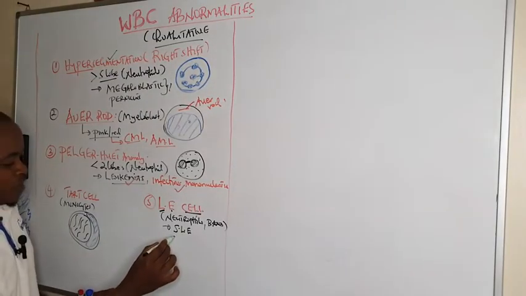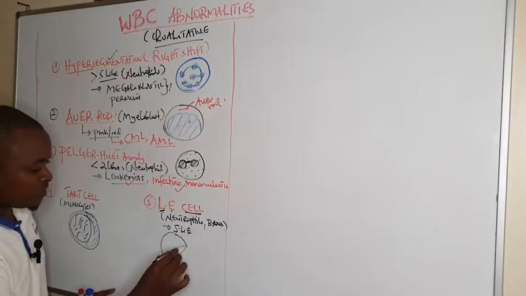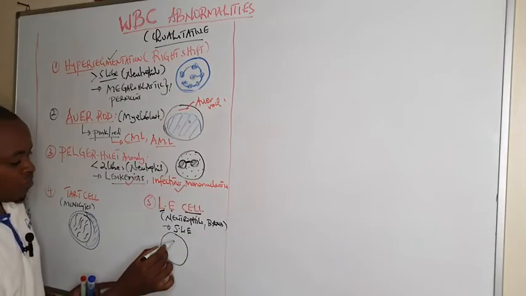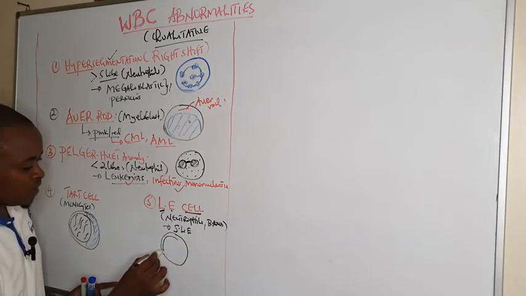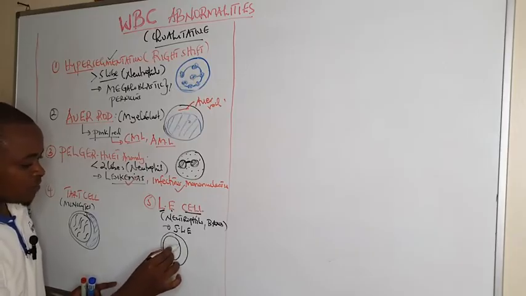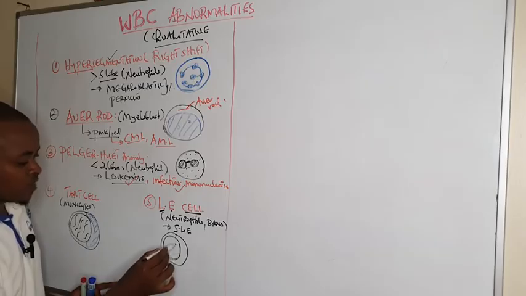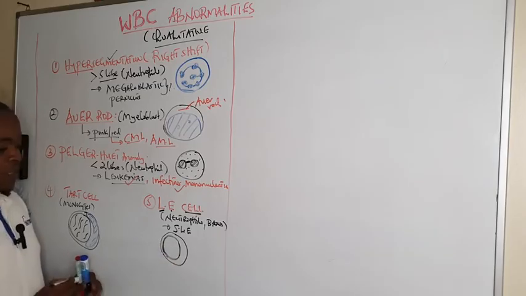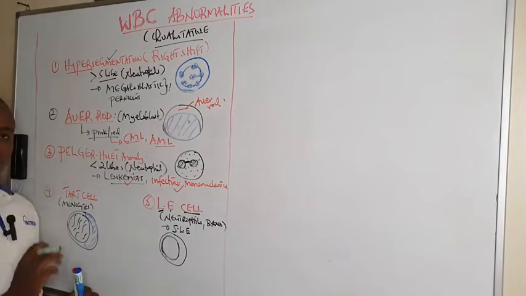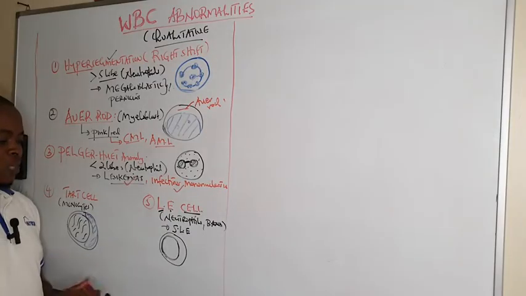With the Lee cell, if this is a neutrophil, the neutrophil has ingested a nuclear mass, but it is homogeneous. The stain is homogeneous. It is a homogeneous mass, in which you cannot see the chromatin pattern,